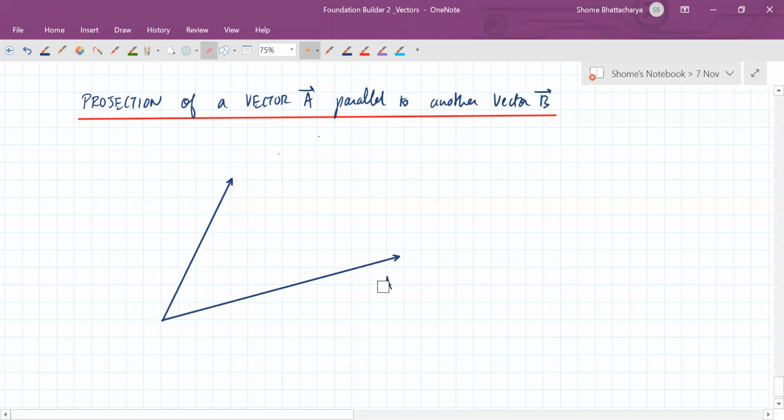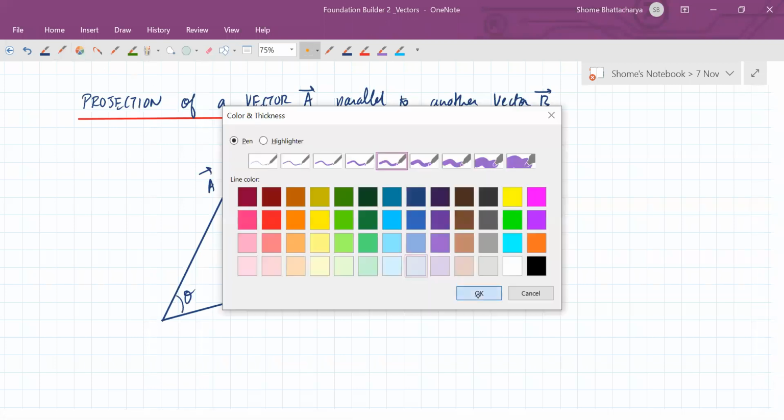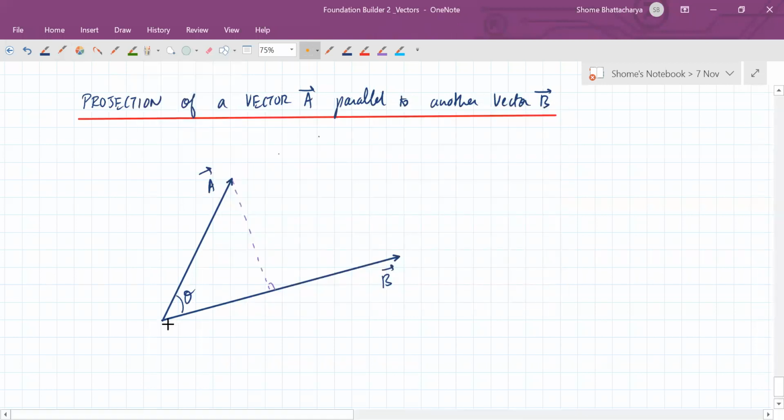So suppose this is the vector B, this is the vector A, this angle is theta. Then what we do, you remember last time we discussed, is we drop a perpendicular from this onto this vector. And then what we understand is that if the perpendicular cuts a projection or a component of this much, then this one is called the parallel component.